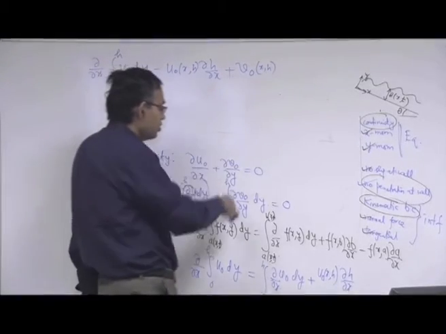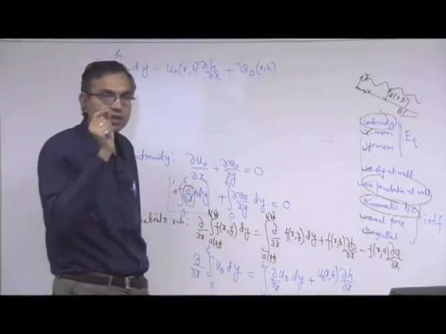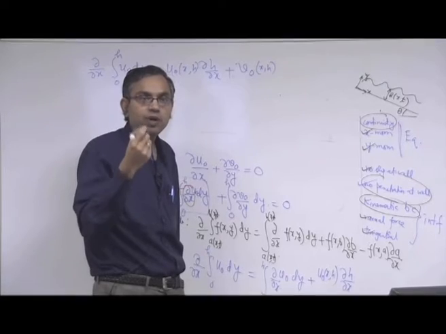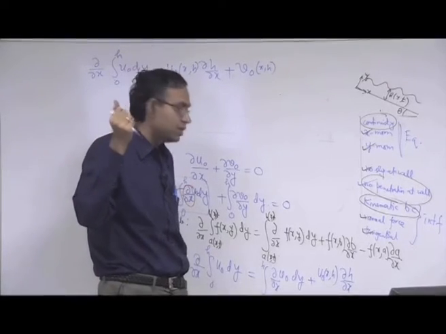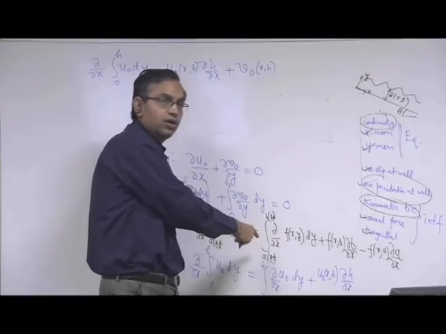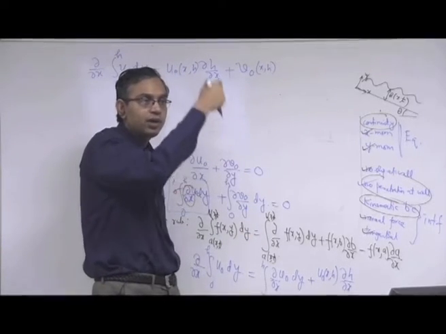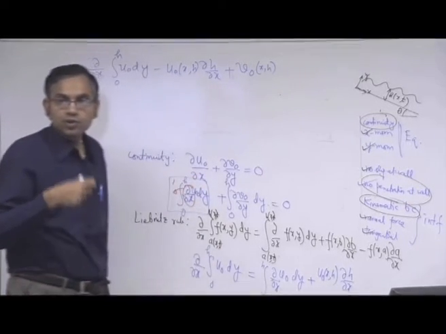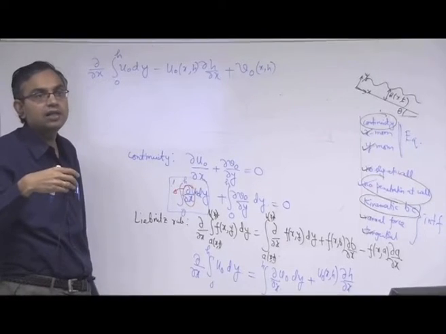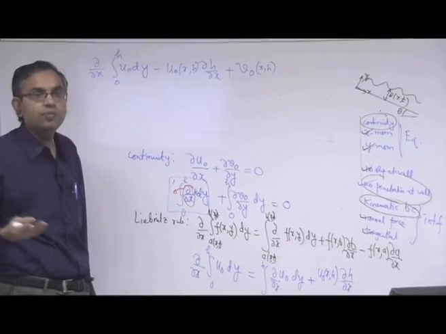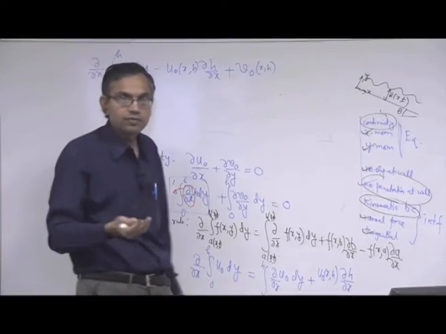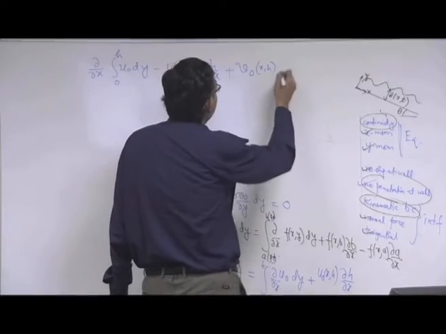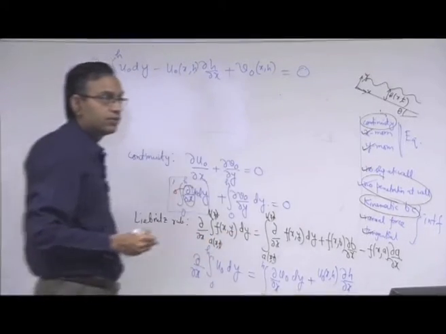These subtle steps are important, because if we encounter a problem where there are holes in the wall, then instead of that being 0, it will be replaced by the velocity at which fluid is flowing through the holes at the wall, right. So for the no penetration boundary condition, you have to think in a general manner. When there is no hole there is no penetration, but if there is a hole there will be penetration. So this is equal to 0.